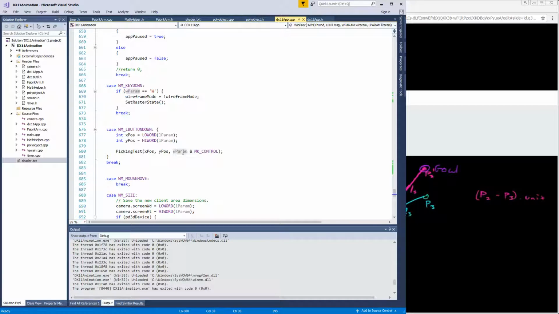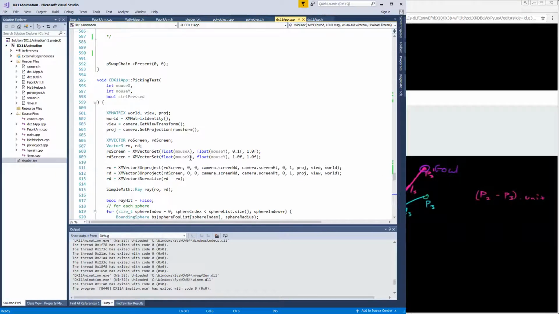And I'm also setting this additional parameter. The W parameter is doing a bitwise AND with the control key. So this is going to return true if the control key is pressed, and it's going to return 0 or false if the control key is not pressed. So then in the picking test,